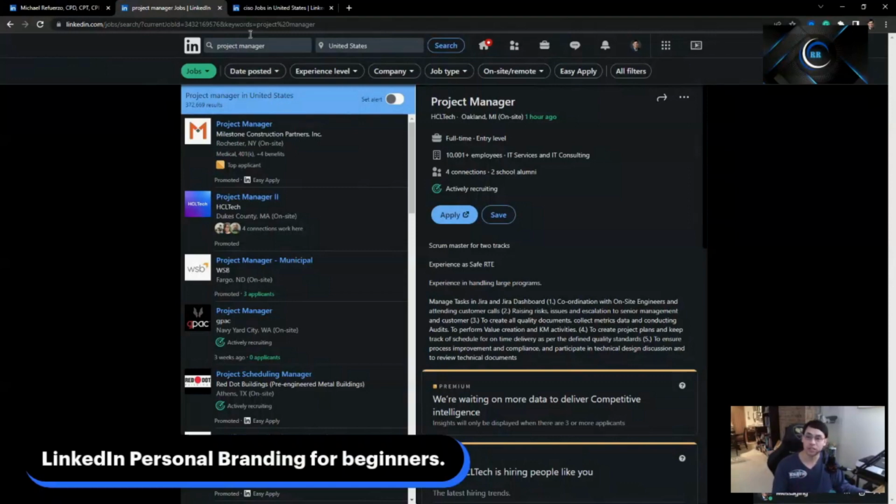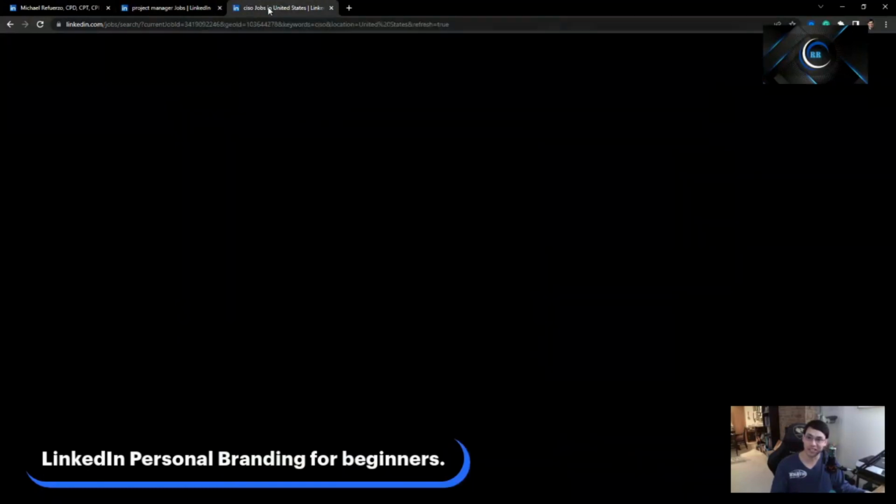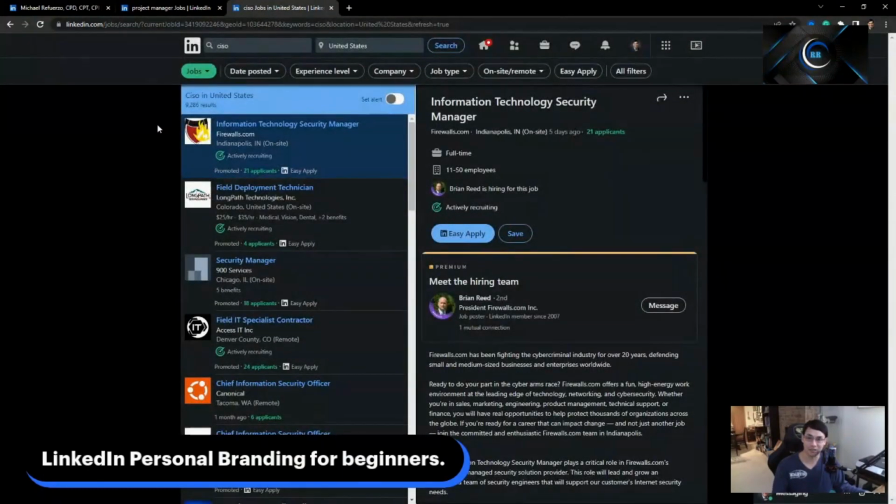Now, another example that I'm going to use, and this is going to be my cybersecurity side of the house, is going to be a CISO or a Chief Information Security Officer. Now, that job has a shorthand name for it, CISO. It also has a long form name. So if I were to go down here and take a look at this, I see Chief Information Security Officer, but then there's a bunch of other stuff that comes up as well. And it's probably because inside of the job description that's listed here, it has something along the lines of CISO somewhere in that job title.